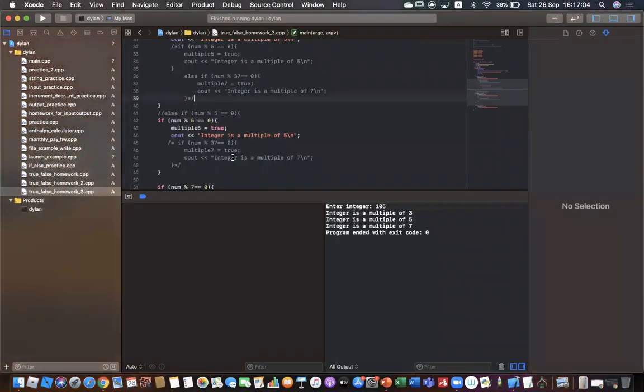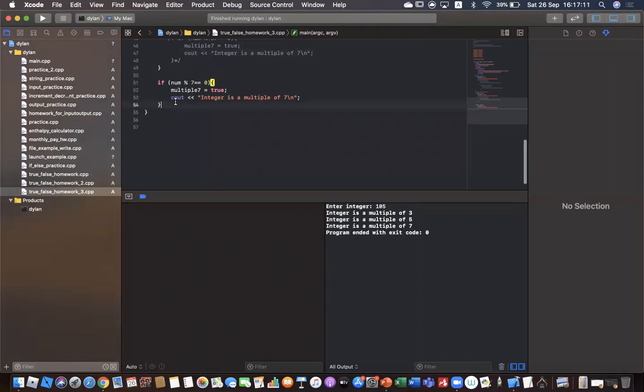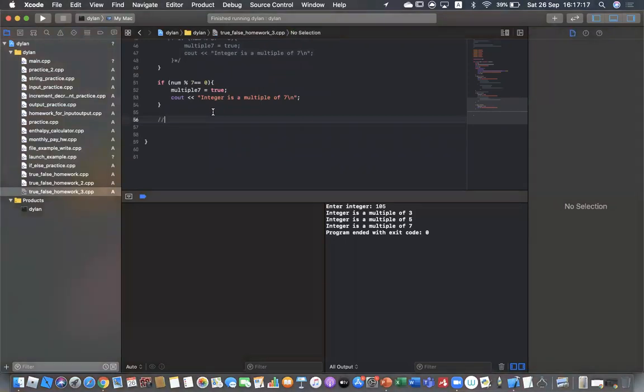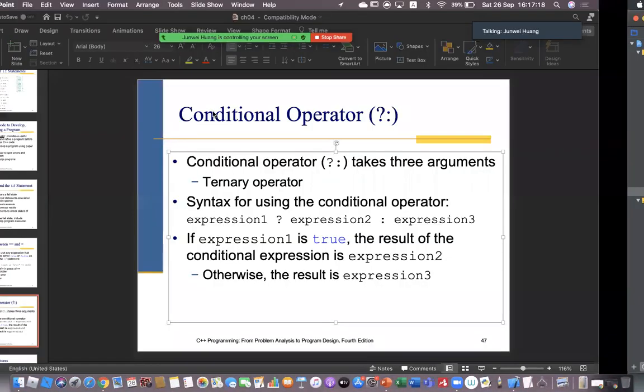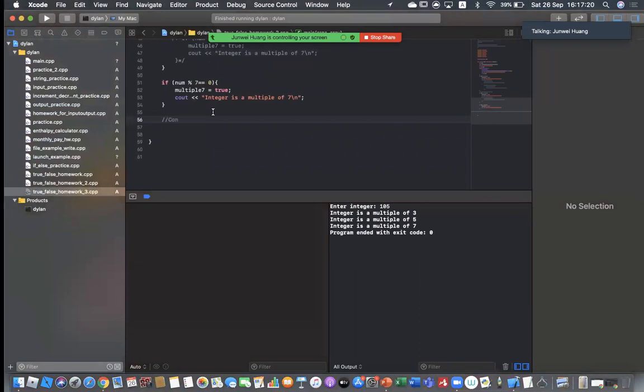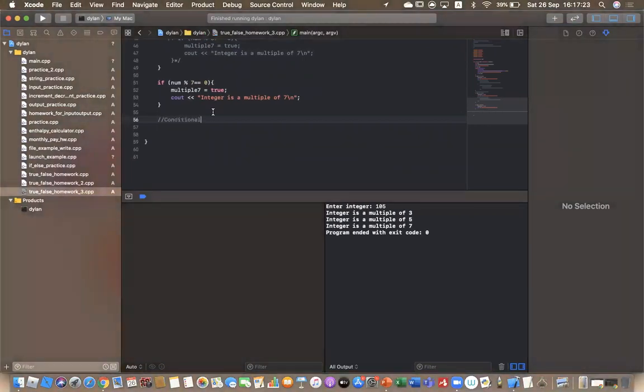So let's say for example, this is how it is written, and the rest above you can just ignore for the time being. This is what we know as your conditional operator. Your conditional operator consists of a question mark plus a colon. So how it actually works is basically,